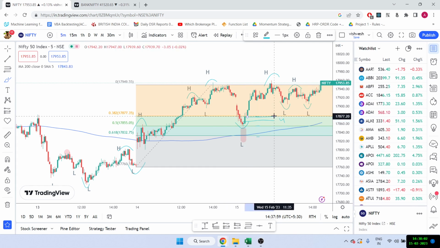This can be a buying entry. Our stop loss will be the swing low, so this level here will be our stop loss, and our target will be at the high here. So this becomes the target. The upper line becomes the target, and as you can see, this strategy has given us the